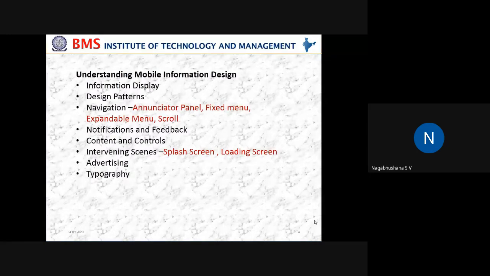So you can do whatever actions you need to do. When talking about the controls in the user screen, say for example, if I want to change the brightness of my screen, I will have a control for that. If I want to block some calls or messages, there's an option for it. And I don't want to receive advertisements from some of the numbers, so there is a possibility to block them. And if I'm using Wi-Fi, at any point of time I can connect and disconnect. So there's a control for it.